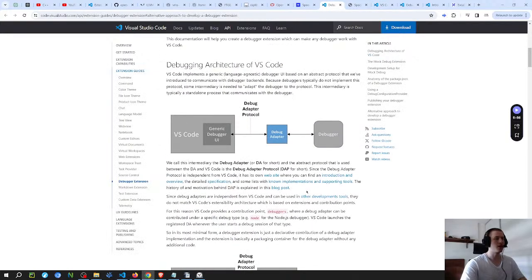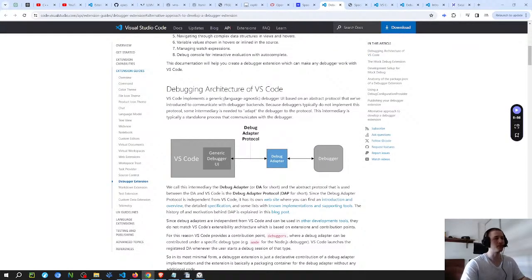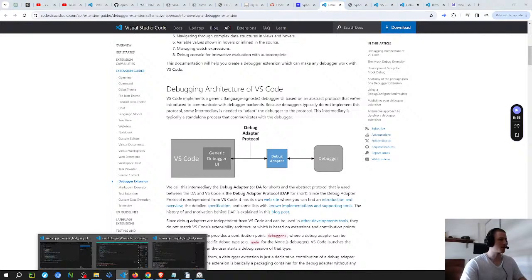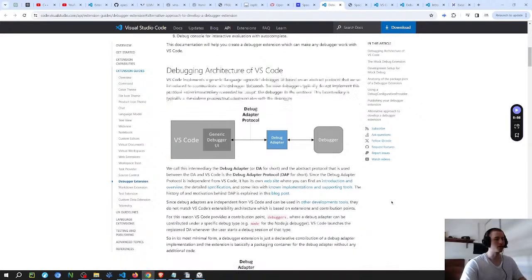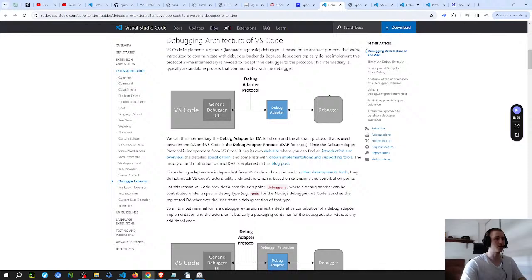And I think it's very confusing the way that they did the documentation. Maybe it's obvious to other people, but for me, the structure of the thing makes it very confusing. But as far as I understand now, the way that it works, I think this is a good article, is